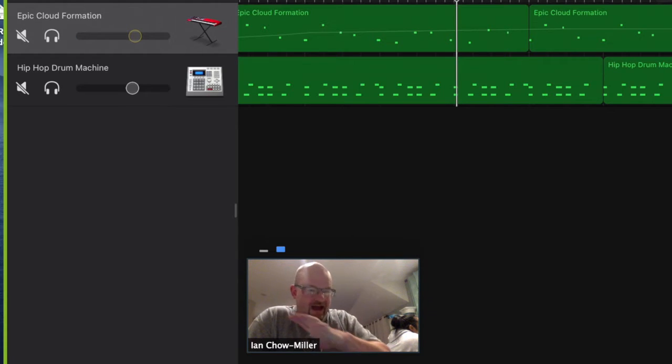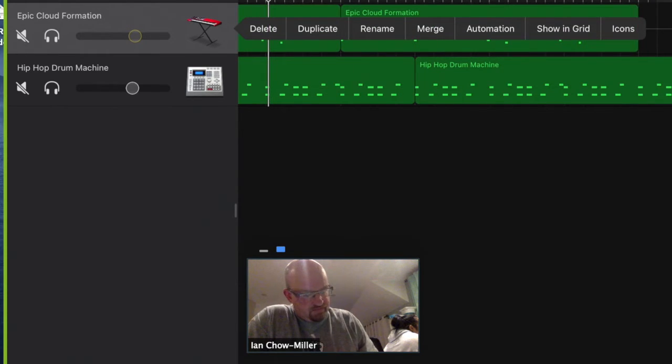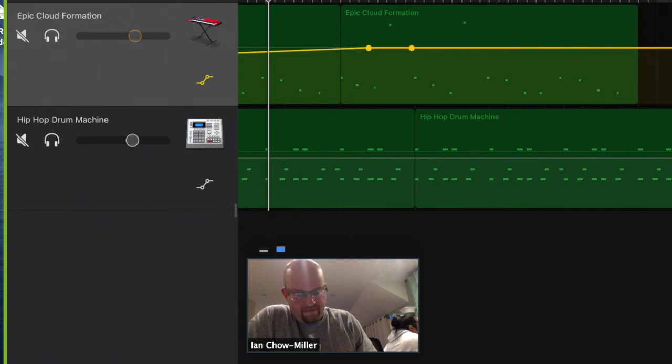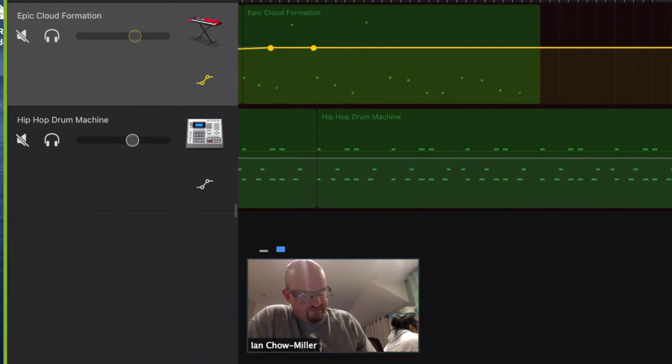I think I like how that faded in a bit more slowly. And so I'm going to do the same thing at the other end. I'm going to fade out that music. Automation. I will slide the pencil over to unlock. And towards the end here, I'm just going to grab a point here. I just push there to make a point. And I'm going to slowly,